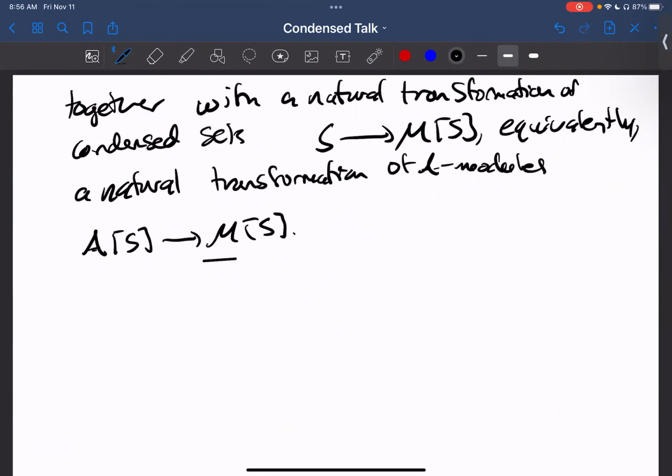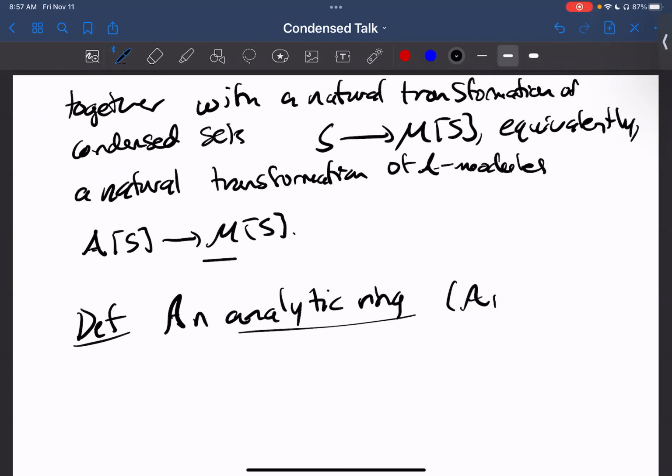And the modules here that we're going to get out of it are going to be those which are complete with respect to the functor of measures M, in some sense, is what we are trying to define here. But we need some more conditions before we can actually do that. Again, this is just a pre-analytic ring. So what is an analytic ring? An analytic ring, A M, is a pre-analytic ring